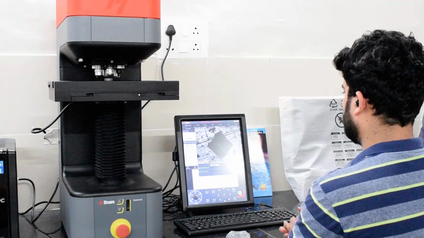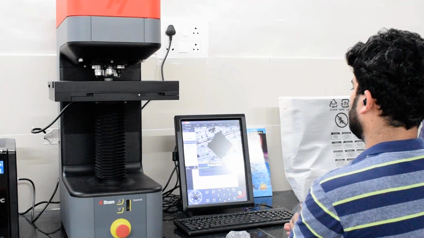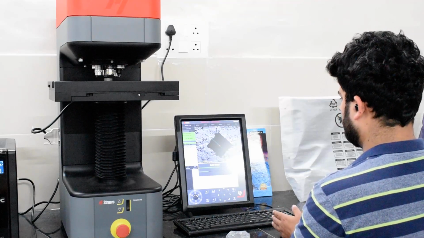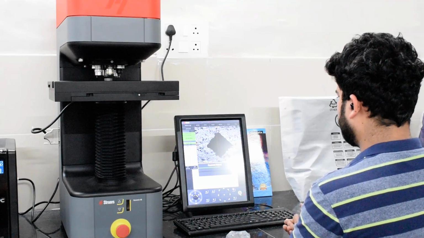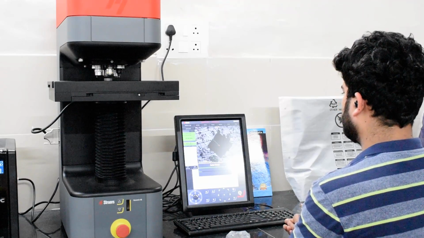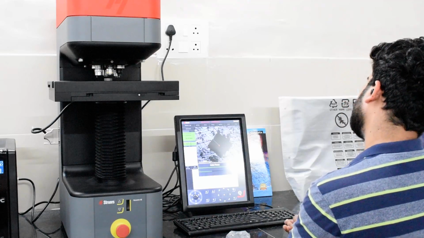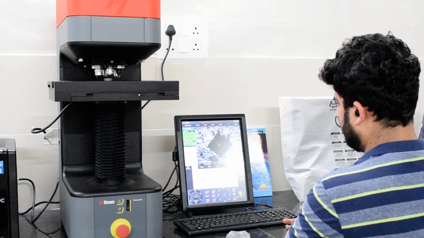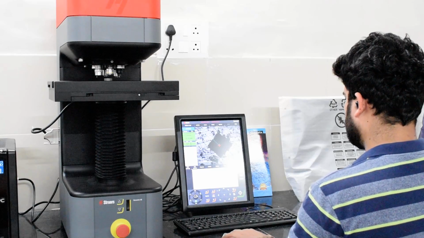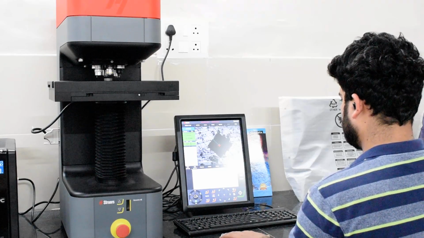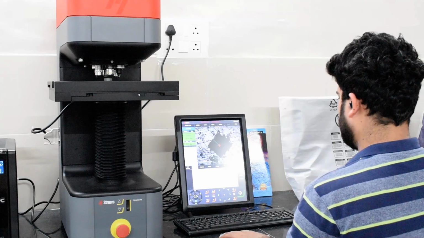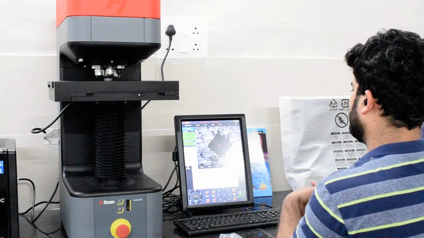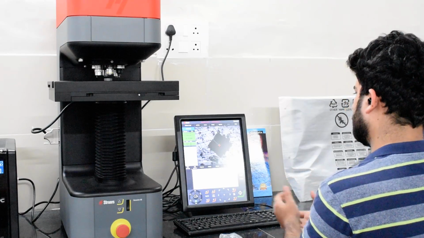This is the first mark on the sample, that is the indent mark. It is around 28.99. Another sample 34.57. And third one is 33.19. So it also makes a diagram of these 3 locations where hardness is getting varied. So on an average it is around 30 VHN or 32 VHN hardness of pure iron.